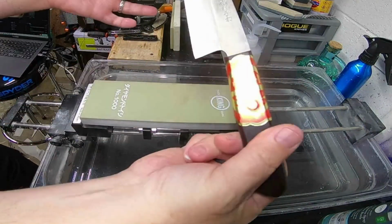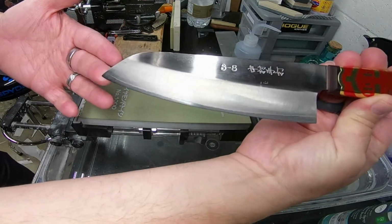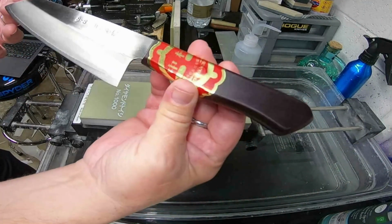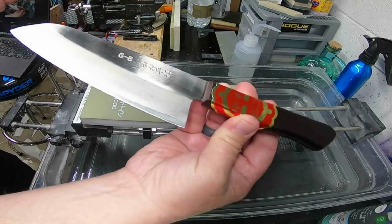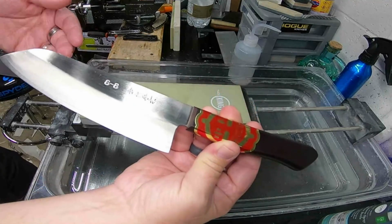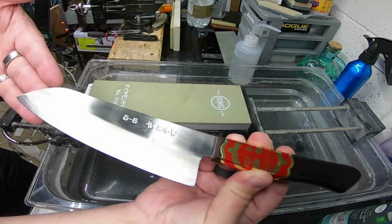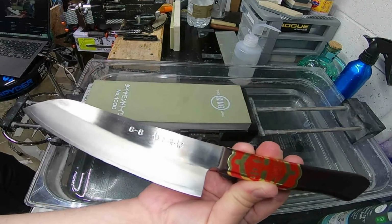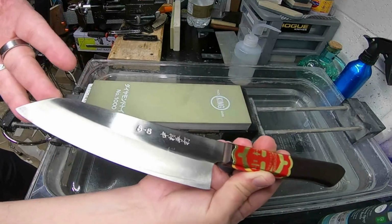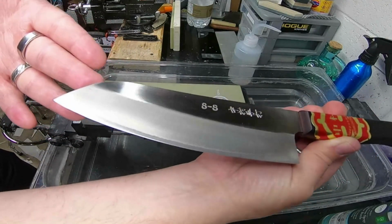And this is the star of today's show, the Nakamura Hamono Santoku from Miyazaki. He's referred to on Japanese Food Craftsman, which is where I got the other Nakamura Hamono from. This one is referred to on there as Nakamura Blacksmith. On most sites, it's known as Nakamura Hamono. There's actually three of them. I don't know anything about the third one, but yes, this is a HAP 40, completely hand-forged